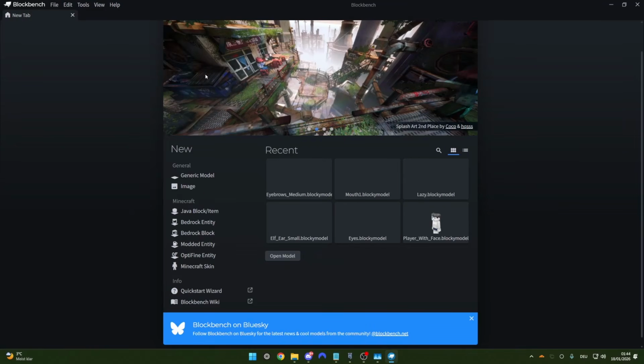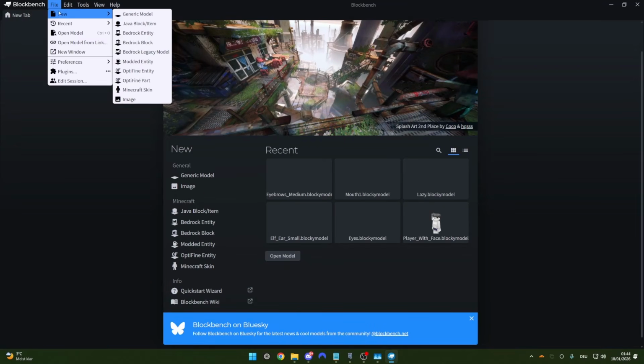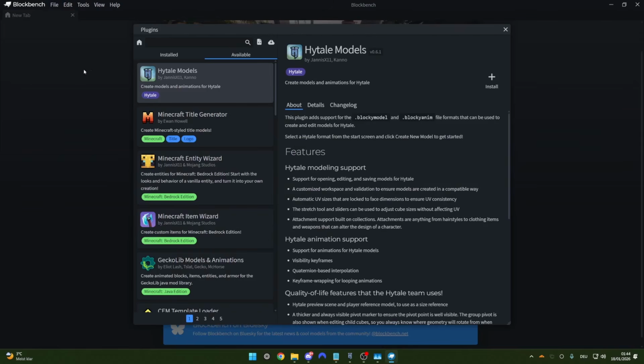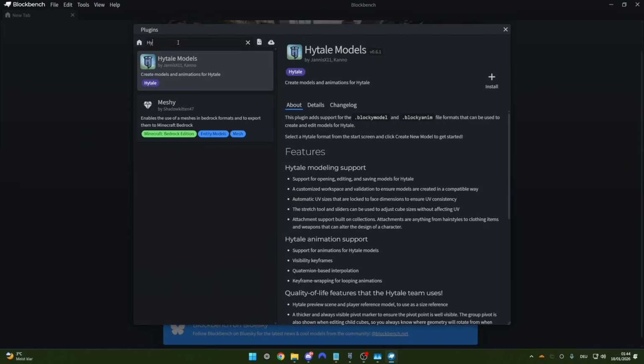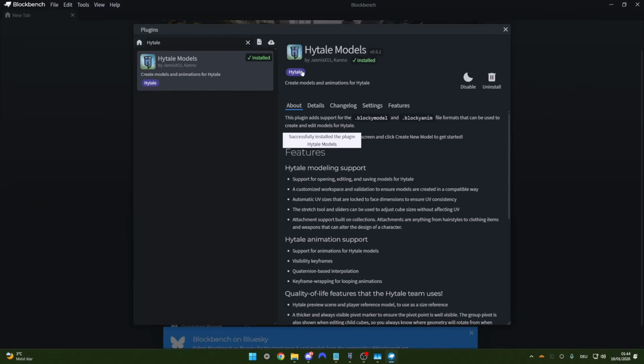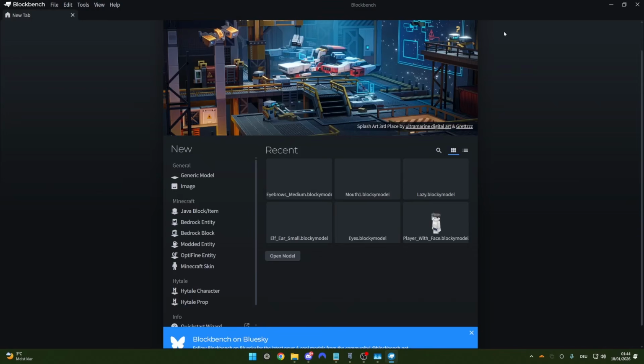Now, once you've installed and opened Blockbench, you're going to want to head to the Files tab here, click Plugins, and under Available, it should say Hytale models here, otherwise you can just look up Hytale and you'll find it. And we're going to install that, and this is going to allow us to actually modify Hytale models. So we can close this and keep Blockbench open,